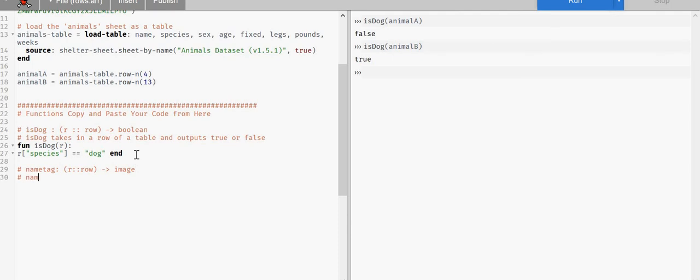So name tag takes in a row and outputs the name tag of the animal. All right. So let's create name tag, right? Takes in